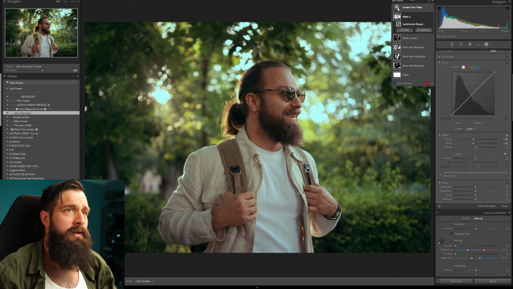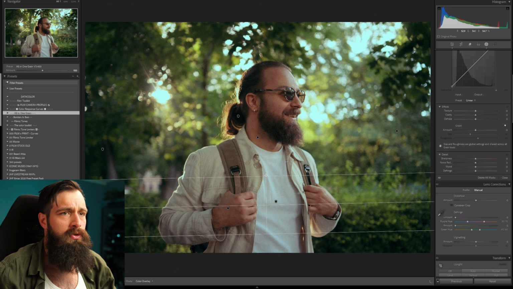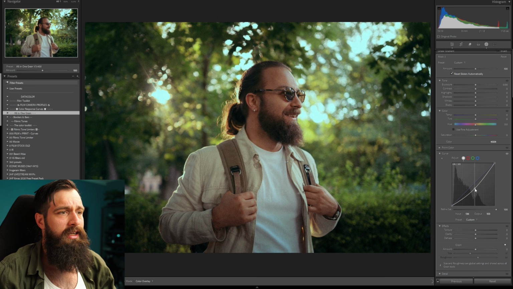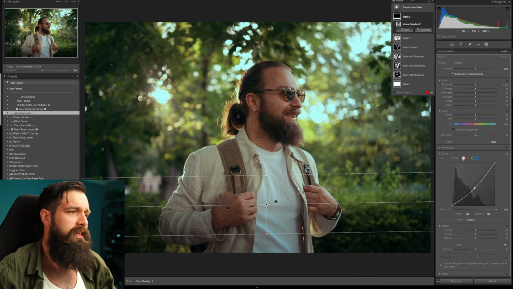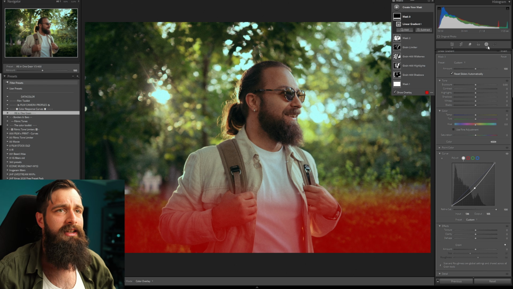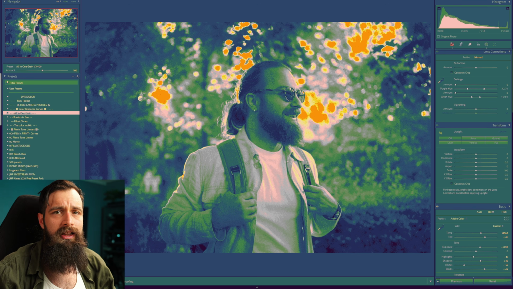And very quickly I'm going to add one more linear gradient on the bottom part of the photo, and in this one all I'm gonna do is grab my midtones in the curve panel and drag it down just a tiny bit so I have more accentuated shadows in this bottom part of the image and it would be less distracting. And now let's go back to OBS, and in here I'm going to toggle the false color LUT,